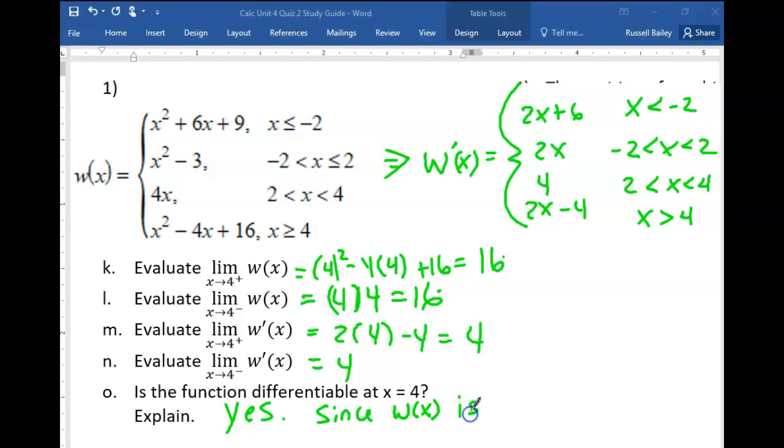w of x is continuous at x equals 4, and the limit as x approaches 4 of w prime of x is what the derivative actually equals